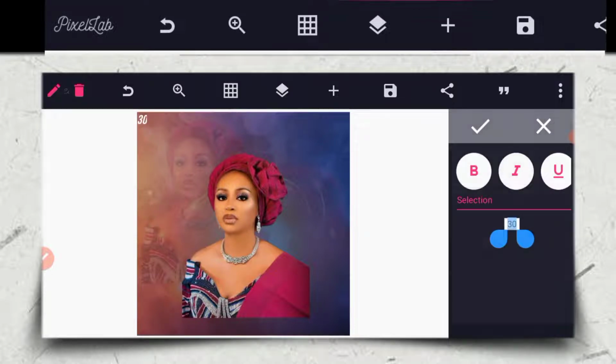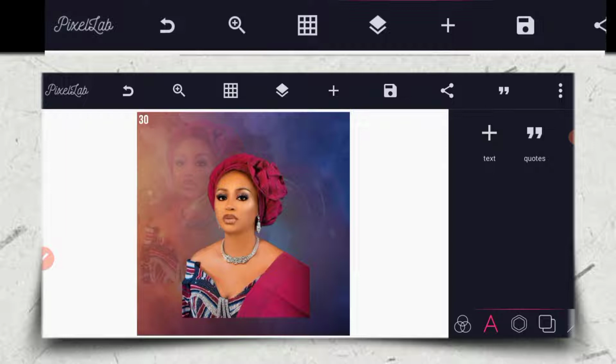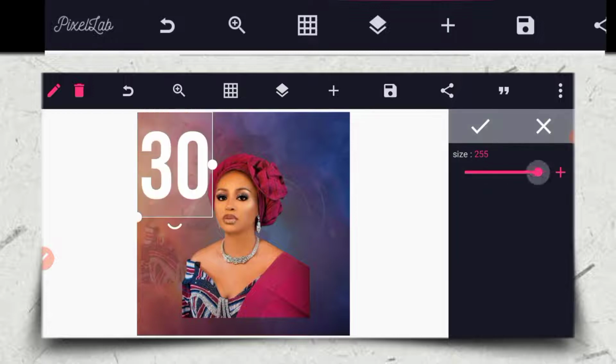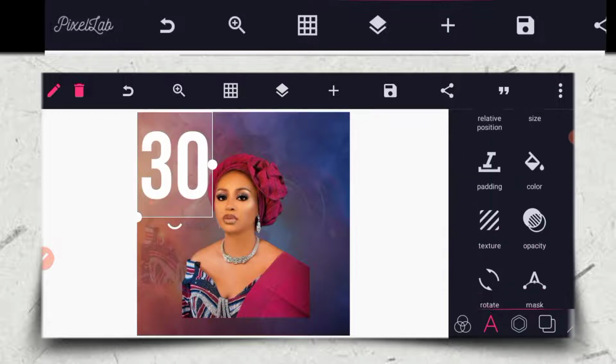Then let me give it this. If it actually works, so it will work. So let me just give it like this. After that, you just click on it, then you increase the size through here. So after you increase the size through here, the next thing I have to do right now is to go